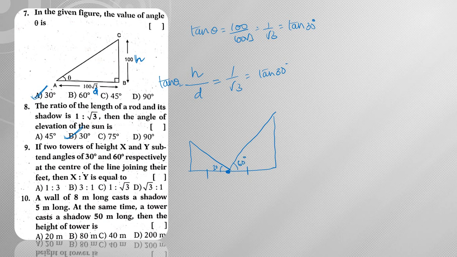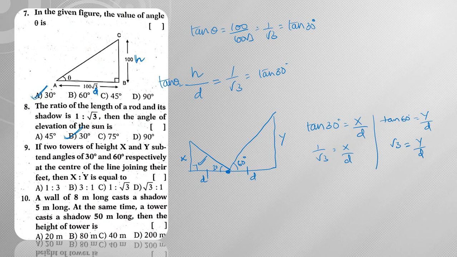Now based on this, this height is x and this height is y. Now what is he asking? x is to y. That means if this distance is considered as d, this is also d. Now from the first triangle, tan 30 degrees is equal to capital X by d, which is nothing but 1 by root 3 is equal to capital X by d. The same way, considering the second triangle, tan 60 is equal to capital Y by d. What is tan 60? Tan 60 is equal to root 3 is equal to capital Y by d. Now what do I need?